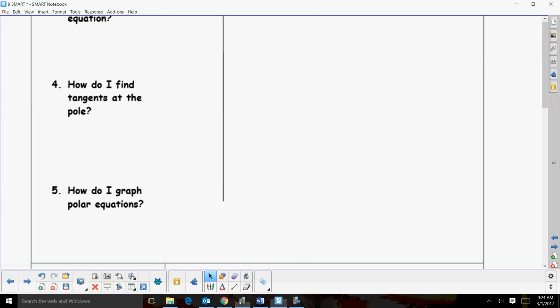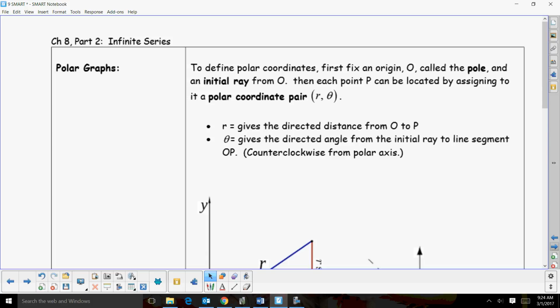So polar, as we go and plot these, now we're going to have this point here that is going to be the r theta. So that's a polar coordinate. And it always seems so backwards because you have to plug in the theta to get the r. So you'd think it'd be theta r, but it's r theta. Okay? And so basically r is how far out you go, and theta is the angle that